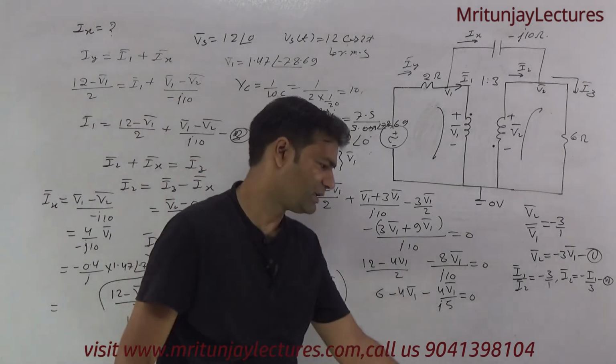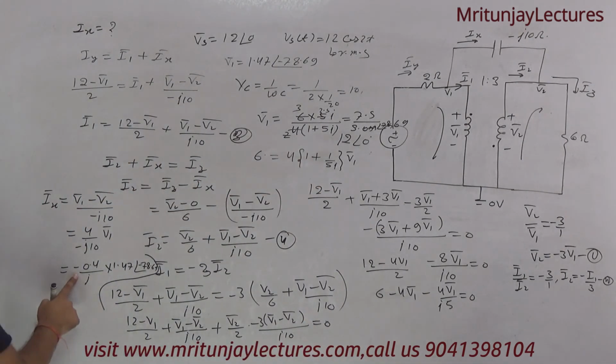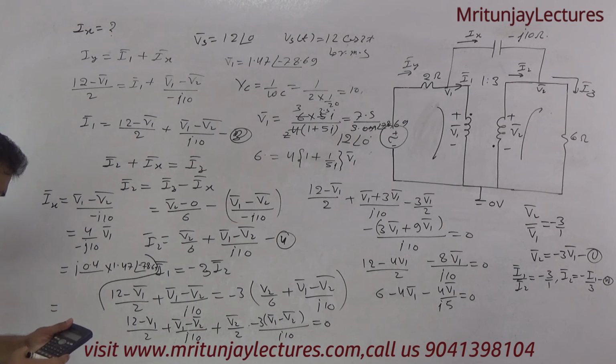First of all, you know that 1 by j is minus j, so it is written as 0.4 at the angle minus 90 times 1.47 at the angle minus 78.69. If this is converted again, then we get